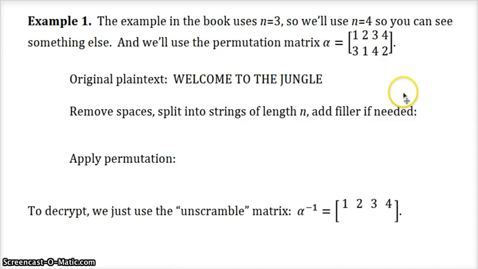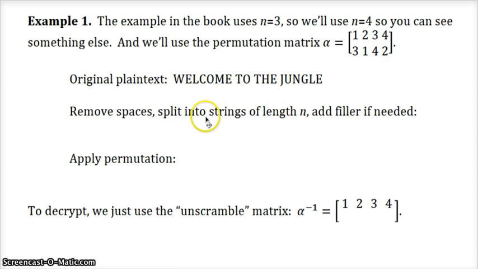Okay, so I made one up here. We're going to use strings of length 4, and all this is really saying is that in each group of 4, the first letter will become the third letter in that chunk, the second letter becomes the first letter, etc. So it's not like we're really multiplying by this matrix. This matrix is just a little reminder, a key to show you how to reorder the positions. Okay, so I am going to retype this welcome to the jungle message